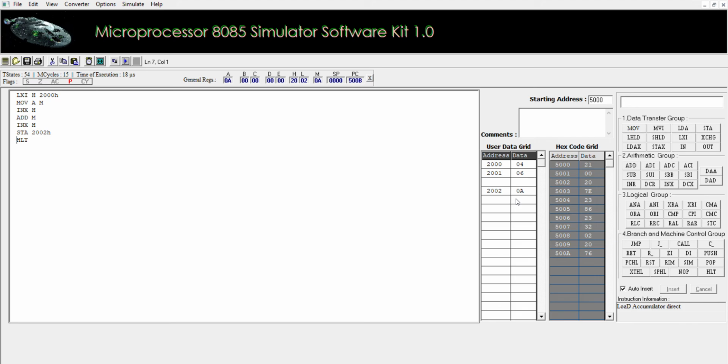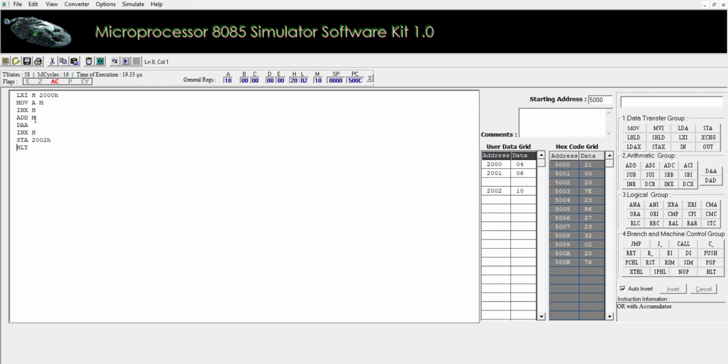If we want to convert to BCD, binary coded decimal, then we use the DAA instruction. We use the DAA instruction after ADD M. DAA is decimal adjust accumulator. Now we run the program. Now we obtain 10. It converts the hex number into binary coded decimal.